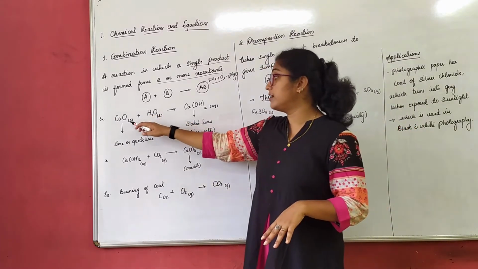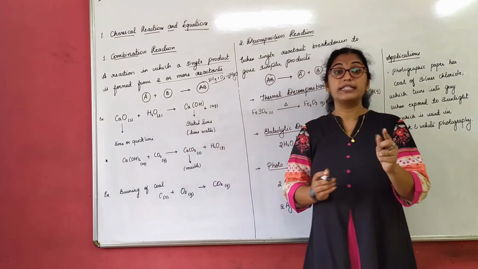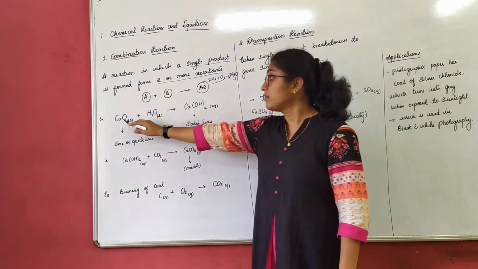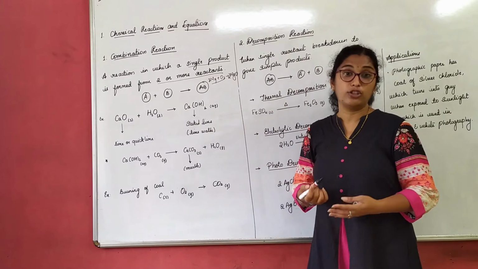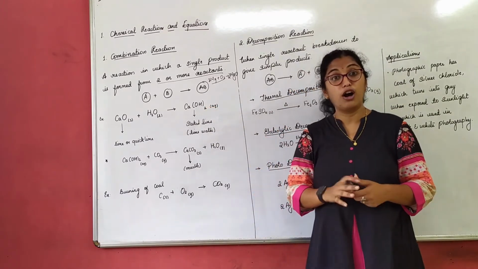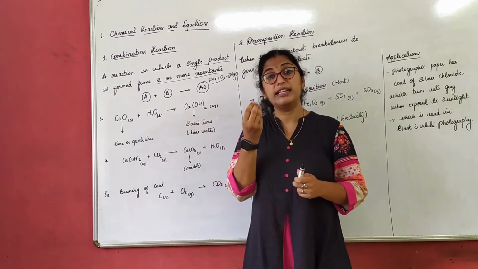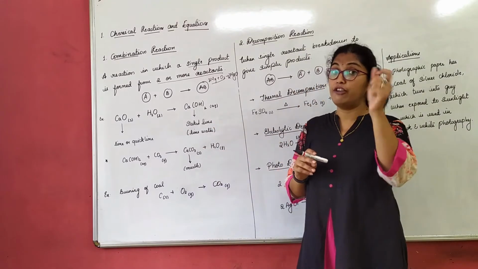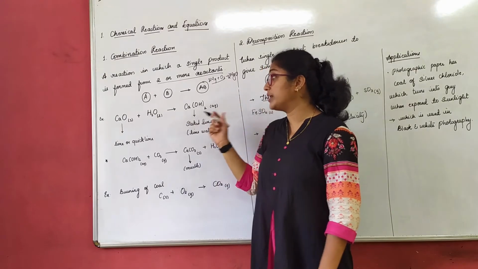Now again observe here, calcium oxide is a solid, water is liquid. Why? Because water exists in liquid form. Now when I mix calcium oxide in water, I get calcium hydroxide. That means the calcium hydroxide that is formed is in aqueous form, because a solid is mixed in liquid. That is why it is aqueous. Understood the meaning of liquid and aqueous? Yes. There are a few terms you have to know here.